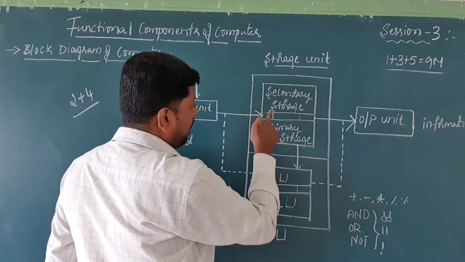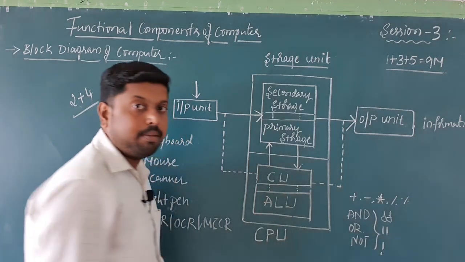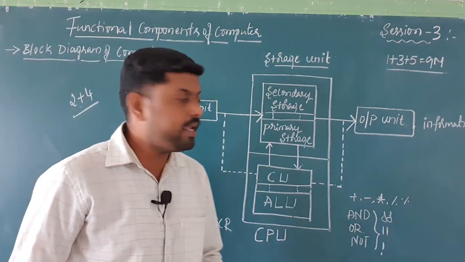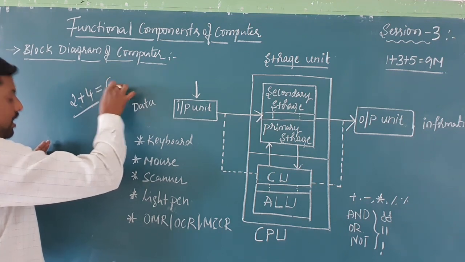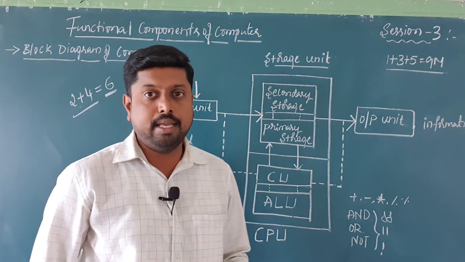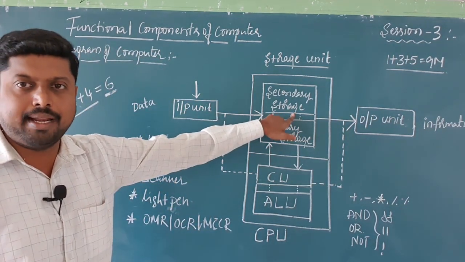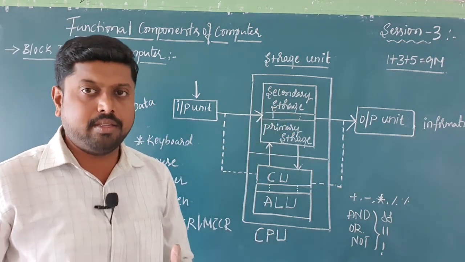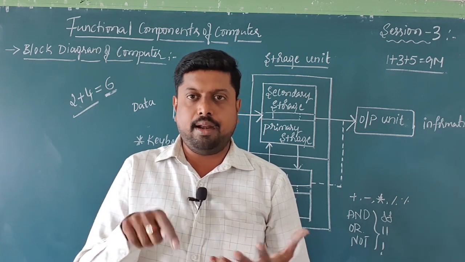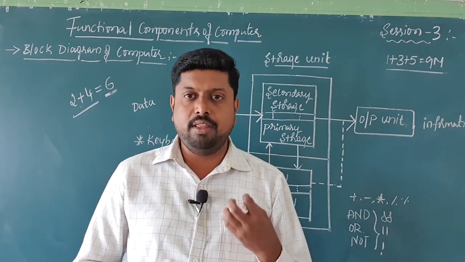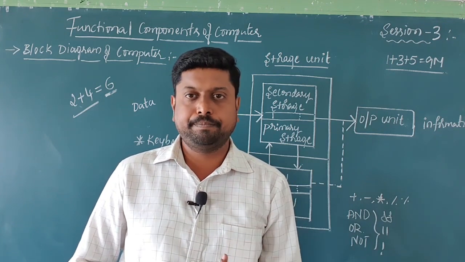Before going to the result, the data will be stored in a storage unit, either in secondary or in primary storage. After giving these inputs in a calculator, the calculator will directly give the result, which is equal to 6. Before coming to the 6, it is stored in that particular calculator. That is what we call memory. If you check your calculator, there is one character, M, on the calculator, for memory. Even the calculator has a chance to store data. That is what we call memory.